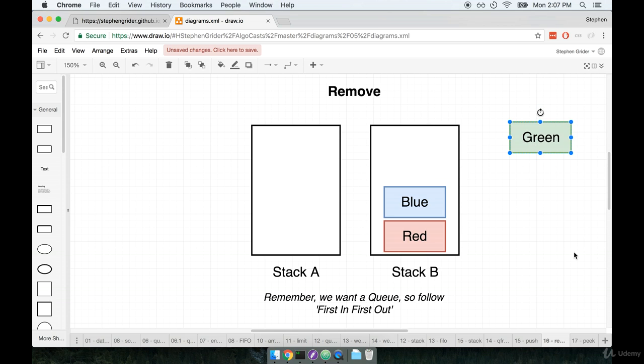Now before we just return this record right here, there's one more thing we have to do. We need to make sure that we restore everything back into stack A to get ready for our next operation. Because who knows, it might be a remove operation again, in which case we will want to move everything over to stack B